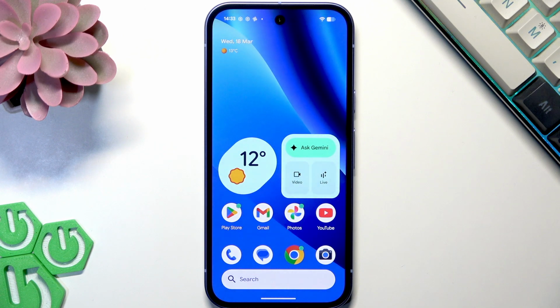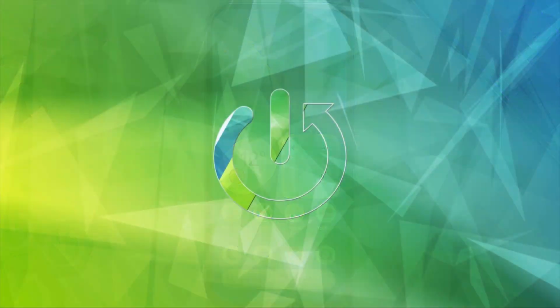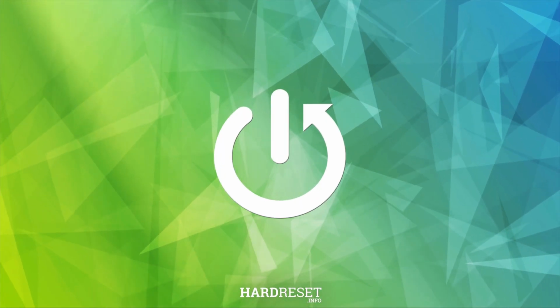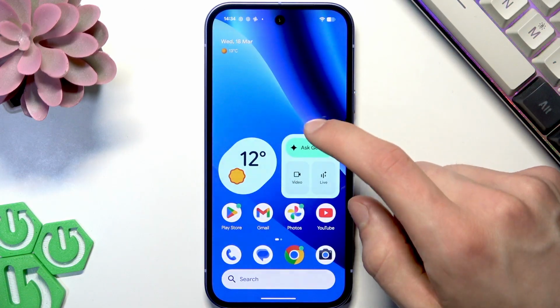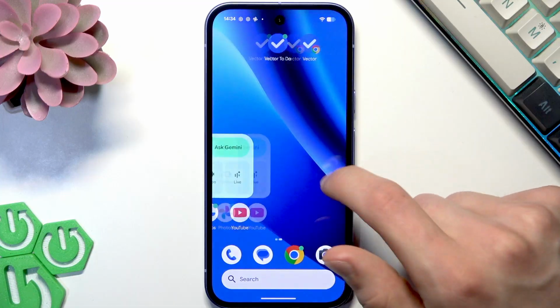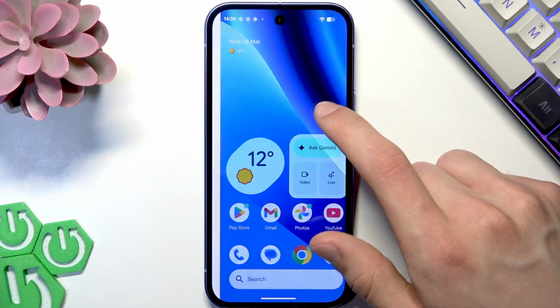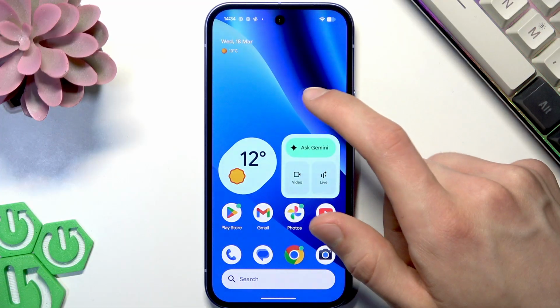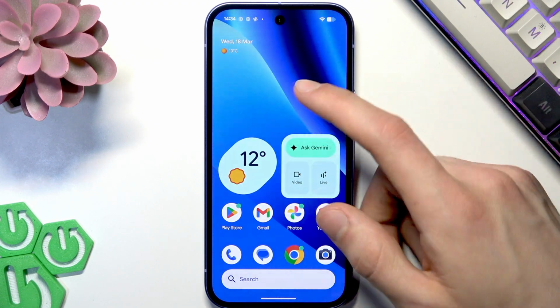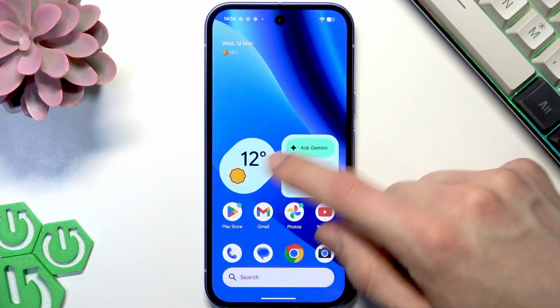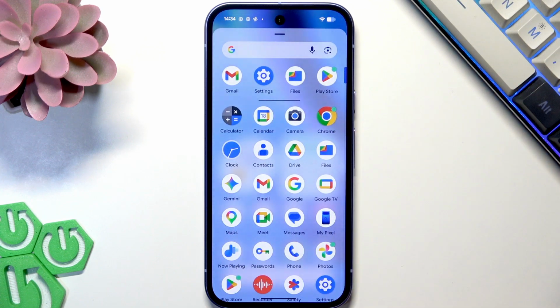Welcome. In this video, I will show you how to customize Material 3 Expressive UI in Android 16 on your Google Pixel 10a. So Google Pixel presents new customization features that haven't been available before. That basically lets us create our own UI on the phone in a couple of simple steps using artificial